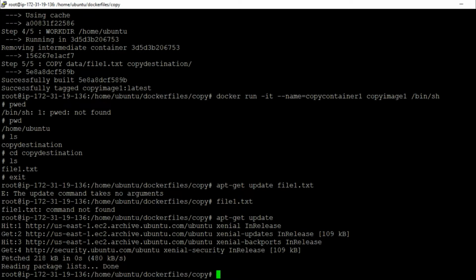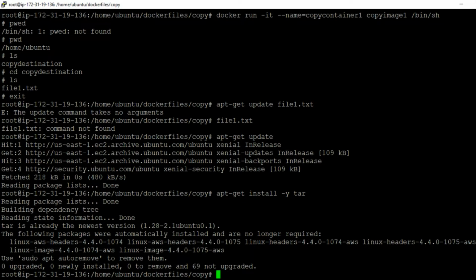And now let us install the required tar package. So the command to install the tar package inside the Ubuntu operating system is apt-get install -y and then the package name which is tar in our case. So now let us press enter to execute this command. And friends, with this now the tar package which is used for creating the archive files is successfully installed on our Linux machine. So now let us create one tar file.